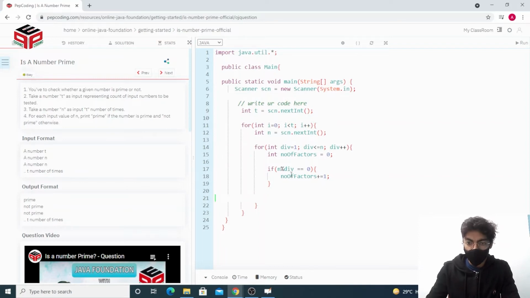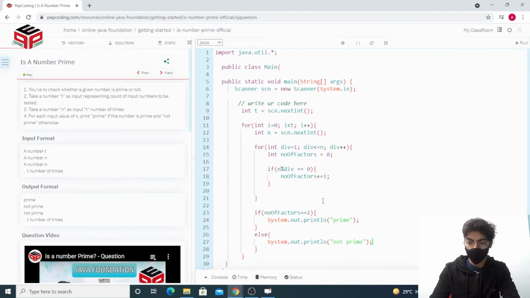And for the test case, if we find out that the number of factors is equal to 2, that is 1 and itself, we print prime. Otherwise, we print not prime. Let's see if this code works or not.